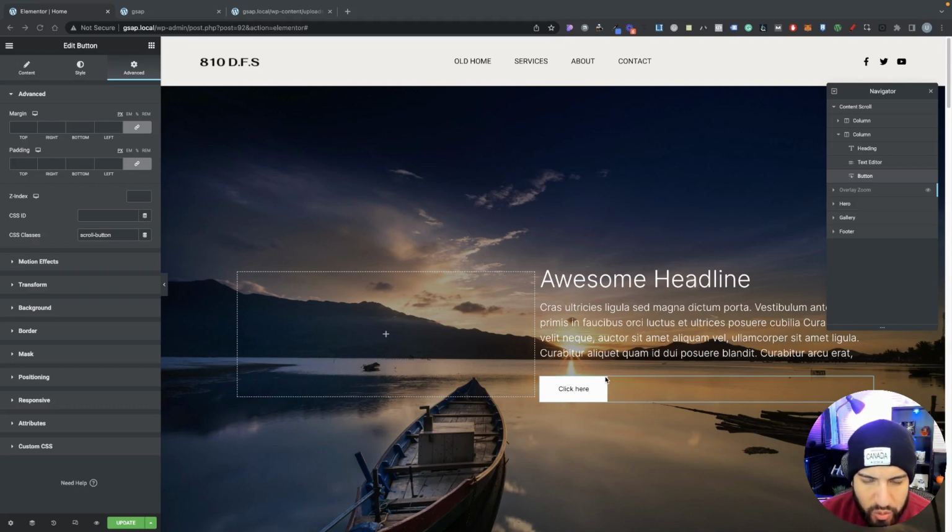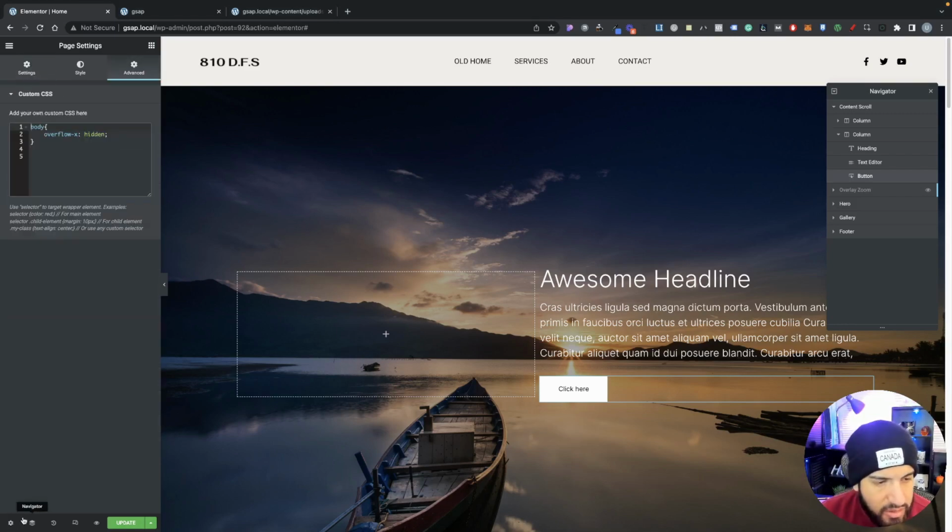So whenever we scroll, we have them show up. And it's pretty easy. We're going to basically set this to invisible for now. Go into settings and then go into advanced. So from here, we're going to target all three of them. So we're going to do dot, I think it was called scroll-headline. I'll double check that right now. And then we're going to do a comma. We're going to do dot scroll-description, or des for description, and we're going to do a comma, and